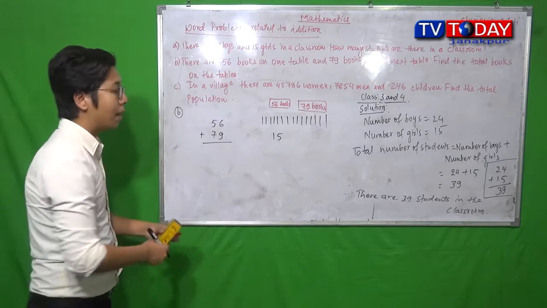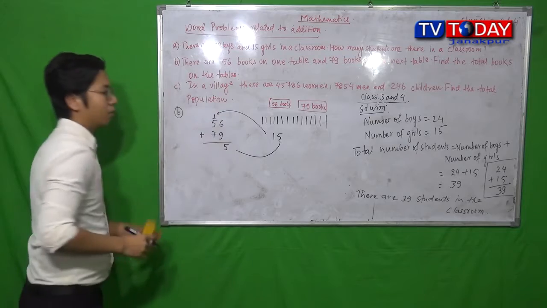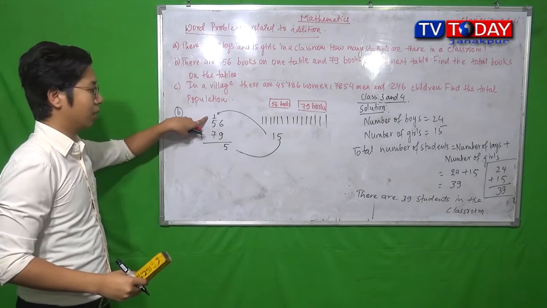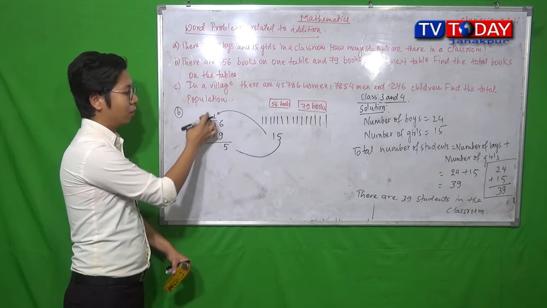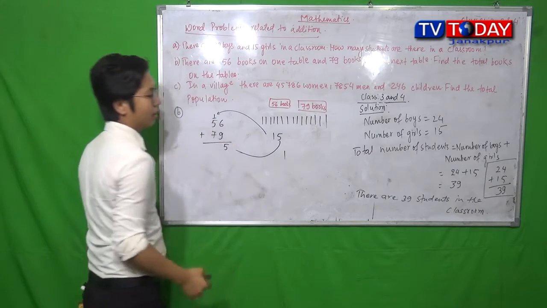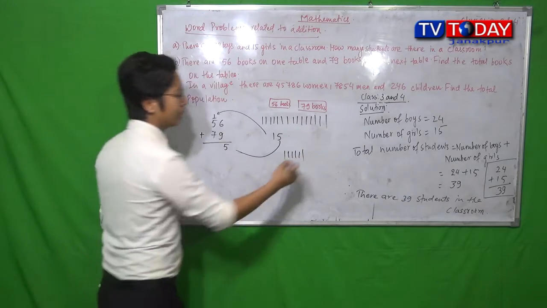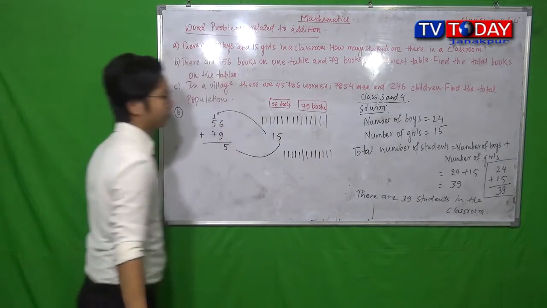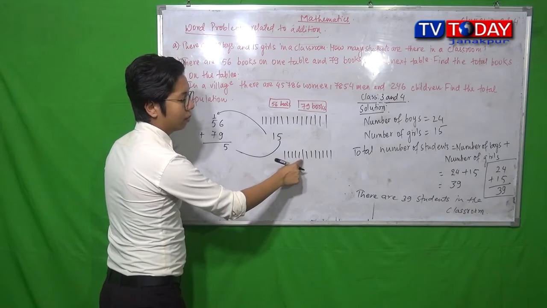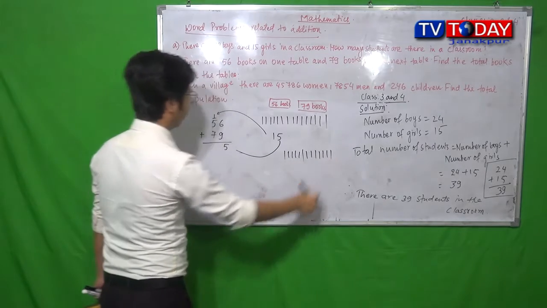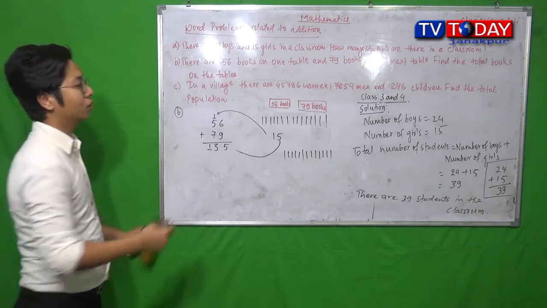Now, here is 15. So you have to write what? 5 here and you have to write 1 above the tens place. It is a carry. Here is what? 1, 5, 7. You have to add 1, 5, 7. For 1 you will draw 1 stick. For 5 you will draw 5 sticks. And for 7 you have to draw 7 sticks: 1, 2, 3, 4, 5, 6, 7. Now count all of the sticks. How much will you get? 13. So you have to write 1, 3, 13. Like this. This is your answer for the students of class 2.